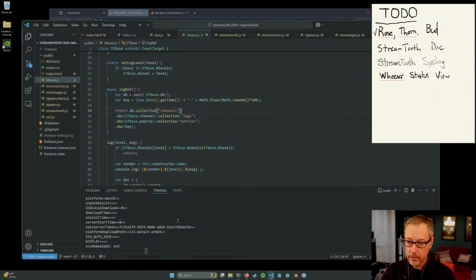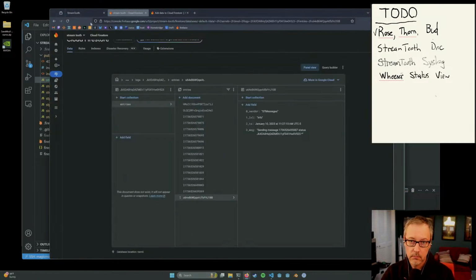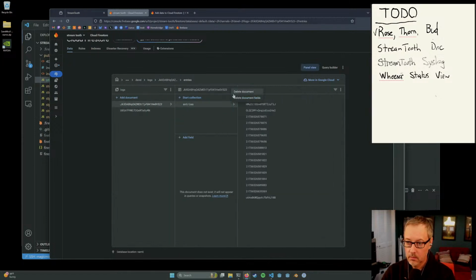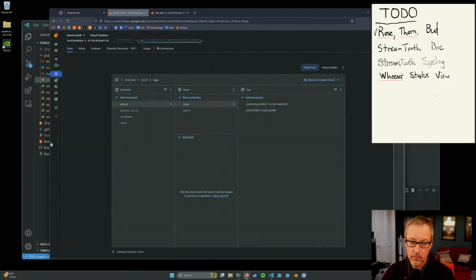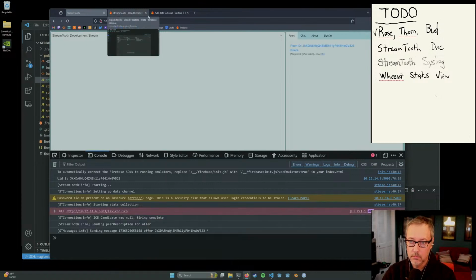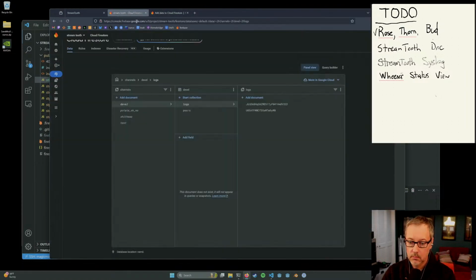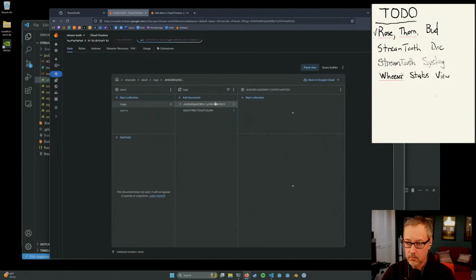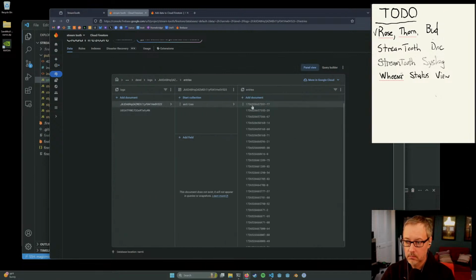That should take care of that, right? Delete this document. Do it. Okay. Oh yeah, look at that. They do happen at the same millisecond. Oh, like quite often. Look at that.